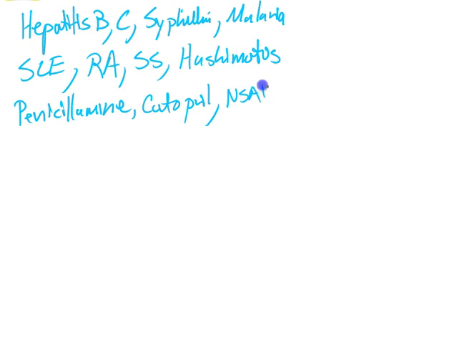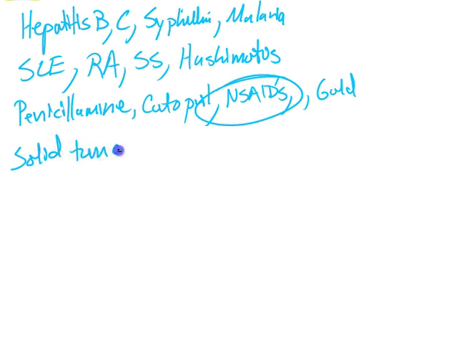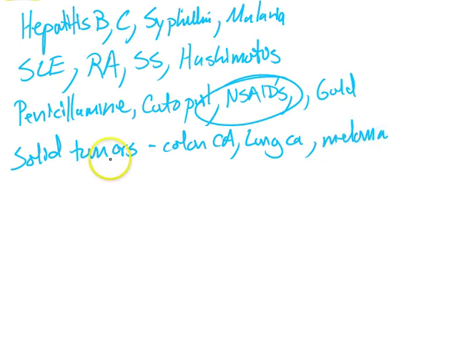NSAIDs. Ooh, that's a big one to remember right there. Definitely remember that one. How about gold? They get too much gold in their system. I don't know, somebody maybe swallowing gold. Malignancies, solid tumors, like colon carcinoma, lung carcinoma, or melanoma. Also CLL, chronic lymphocytic leukemia. That's another one that can cause secondary